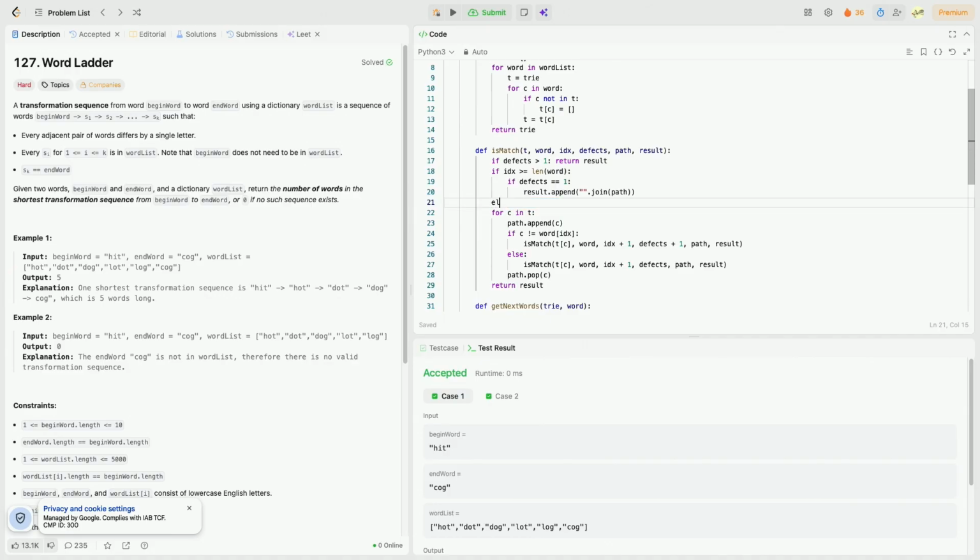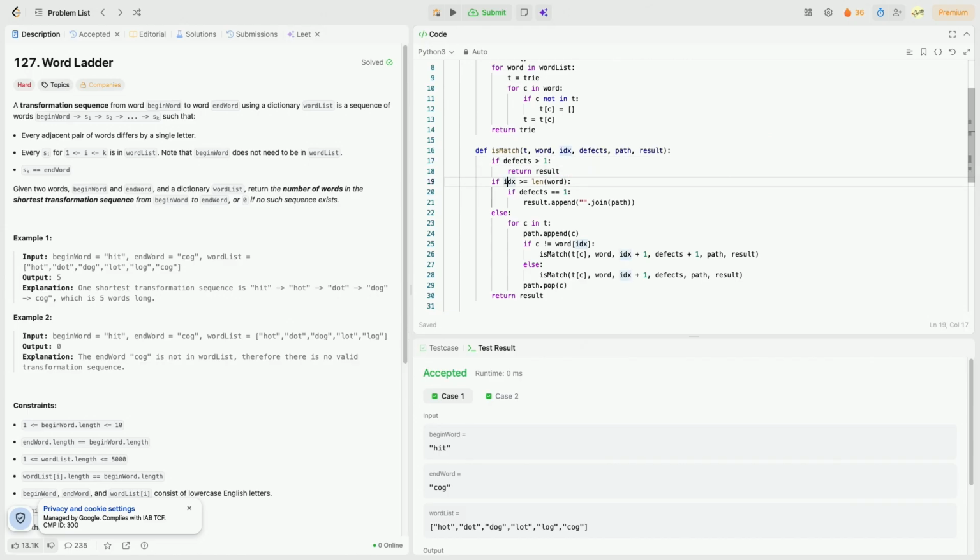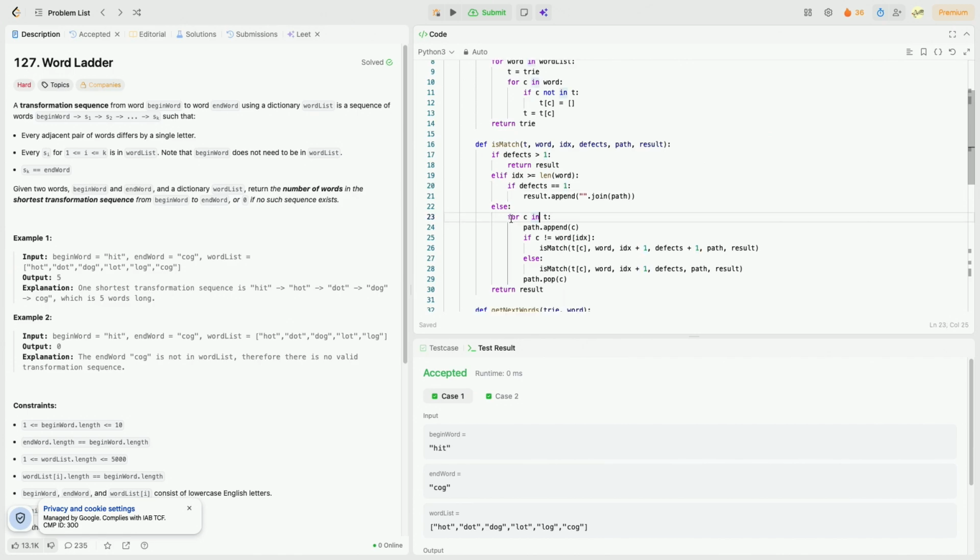Yes, so this will be an else statement here. If the number of defects is larger than 1, well, there's nothing for us to do. Otherwise, if the index has reached the end, then we're going to add the current path to our result set. If defects is not 1, then that means we didn't have any, so we're not going to consider this word. And well, if neither we've reached the end nor we've exceeded the number of defects, then we're just going to